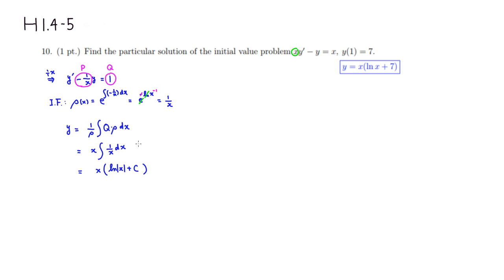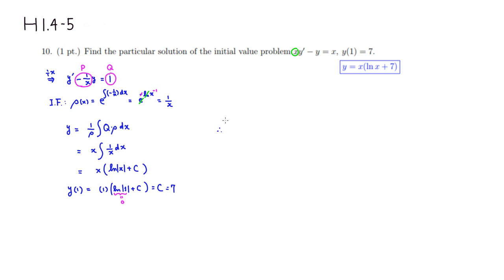All right, so we have that. Then we can just use y of 1 equals 7 to find this constant c. So y of 1 is equal to, so x is 1, and the natural log of 1 plus c, right? But we know that the natural log of 1 is 0. So this is going to be just 1 times 0 plus c, which is c. And we want that to be 7, so c equals 7. All right? So therefore,